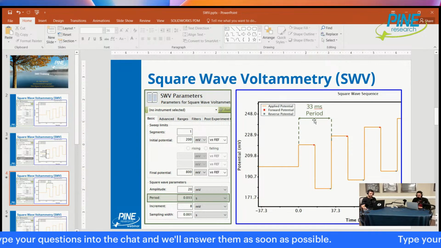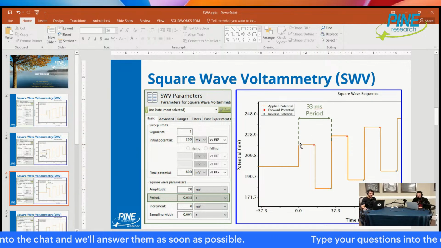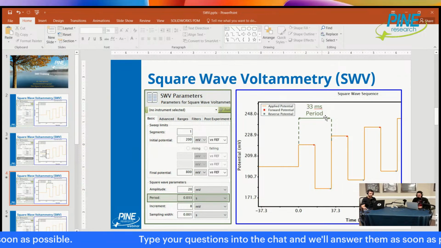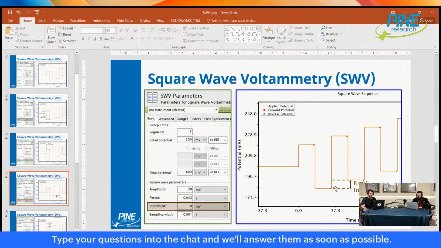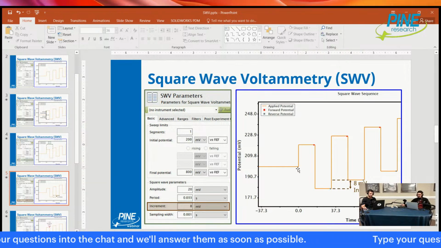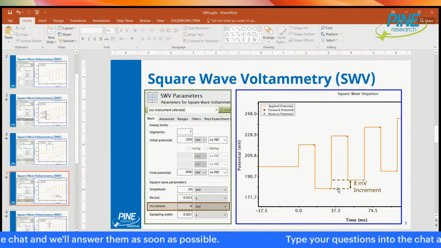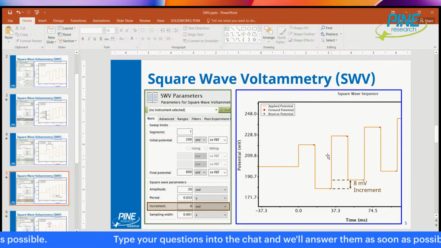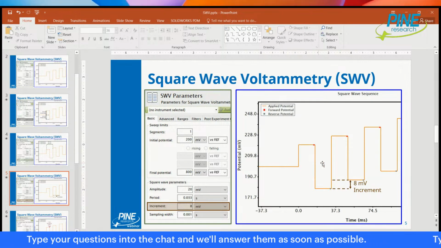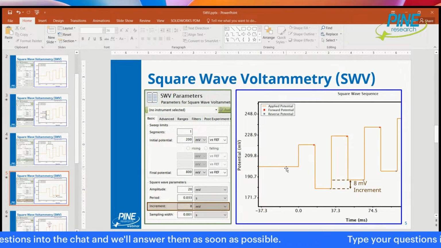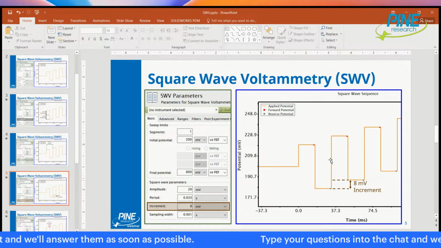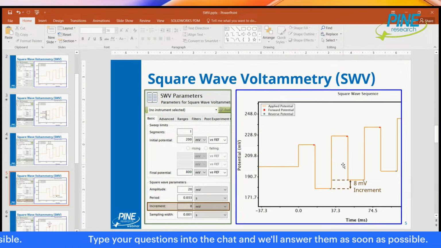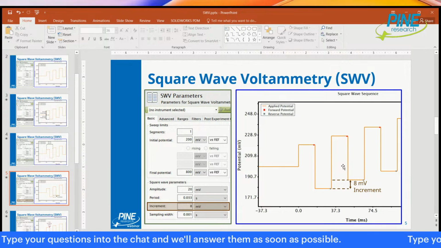The next is called the period. That's how long it takes to do one positive and then one negative pulse. So for example, this is 33 milliseconds. The increment is how far, so I go up 20 and then down 40, and then the baseline increments by some amount. Basically, the baseline goes up 8. So you can think about it as up 20 from this baseline plus the increment and then down 40. Okay, hopefully that's clear. That's how much you're moving the whole thing up each period. And then the